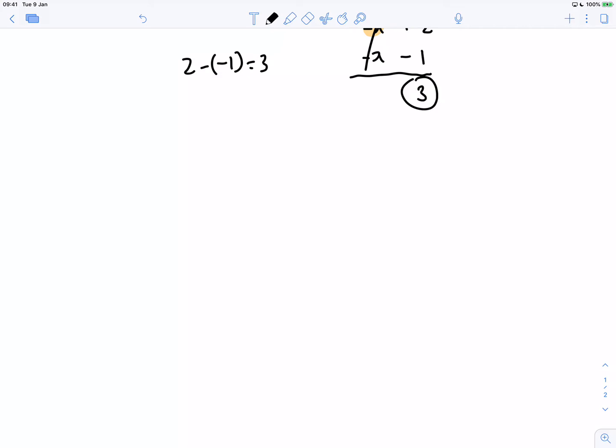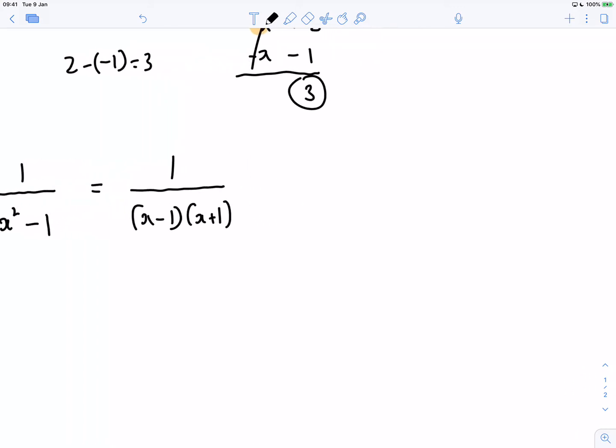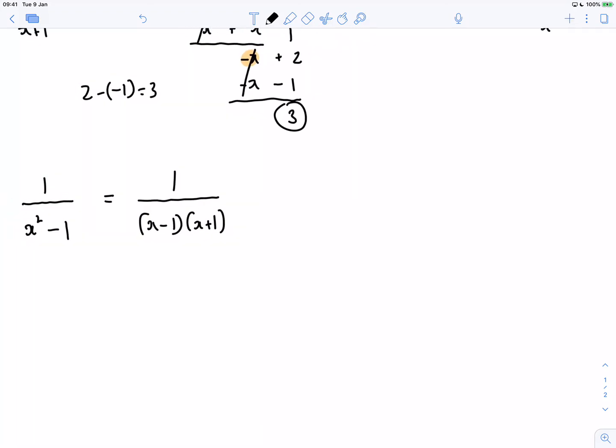So let's take a fraction. Let's try 1 over, let's say, x squared minus 1. That's a classic one. First of all, we're going to factorise. What does that mean? It means the bottom is going to be x minus 1 times x plus 1. So partial fractions decomposition would mean that it's going to be something over x minus 1 plus a constant over